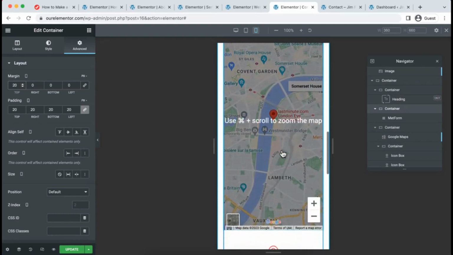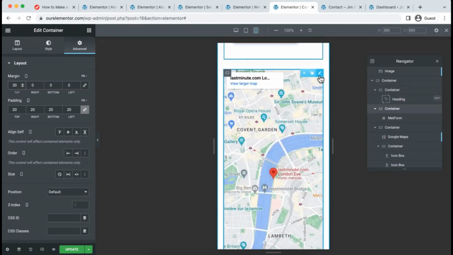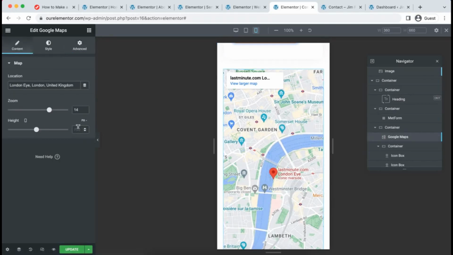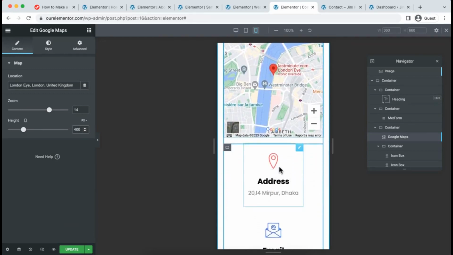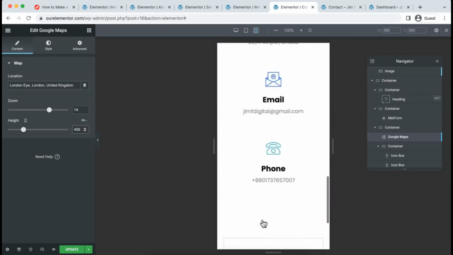Also this map is looking great, but I think we can reduce the map size or map height. So go under its content tab. Here instead of 700 we can just make it 400 now, and then let's scroll down. All these are looking great, and here if you scroll down, yep, right now everything is looking great on mobile